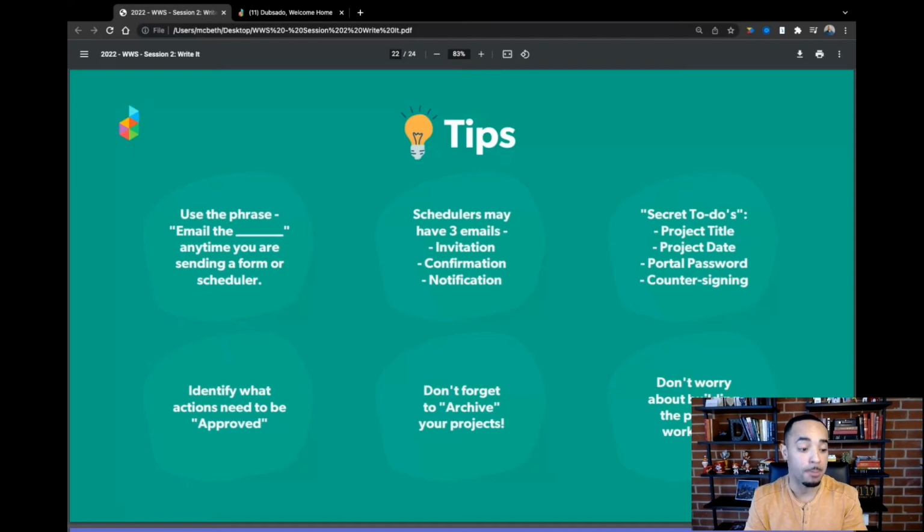Number 4, identify actions that need to be approved. One misconception about workflows in Dubsado is that they are 100% automated. They are not 100% automated. You can make them like that, but in Dubsado, when you are emailing things to clients, sending forms, sending contracts,